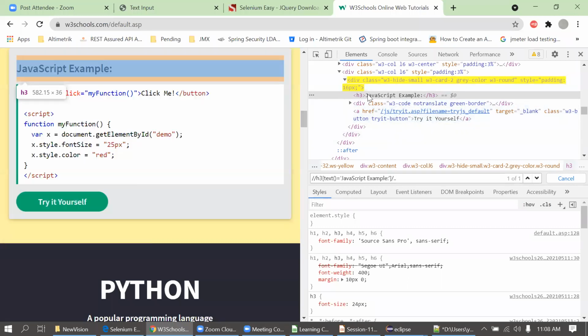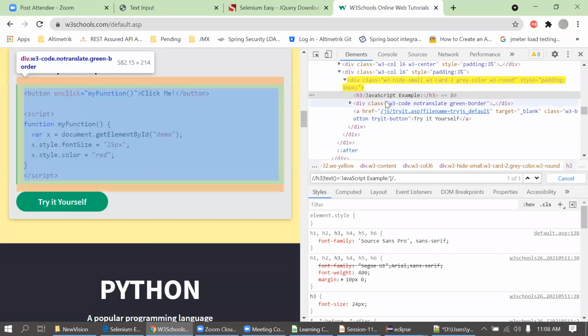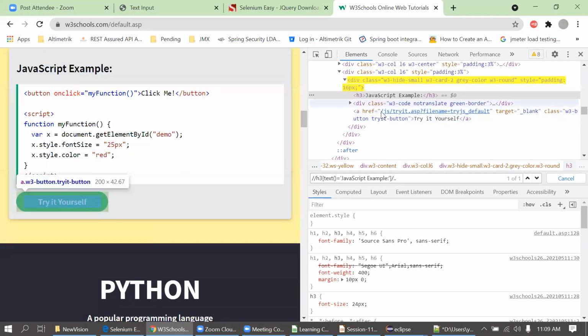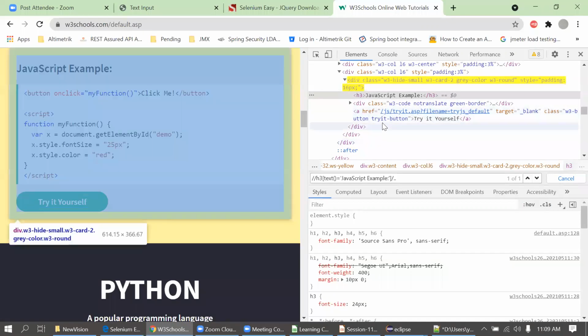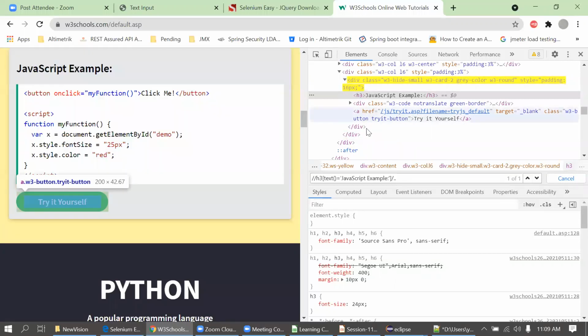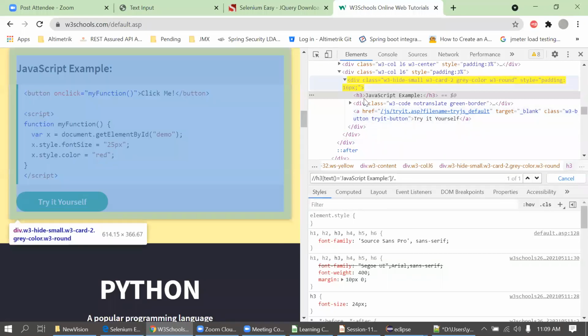They are not in the same hierarchy. So simply I will look for this locator, then I will navigate to the parent, and from the parent I will go diagonally down this way. Then only I will be able to find it. Always we can navigate diagonally in finding the XPath. Just remember this part again. It can be forward, it can be backward. Forward means this way, backward means above this way.